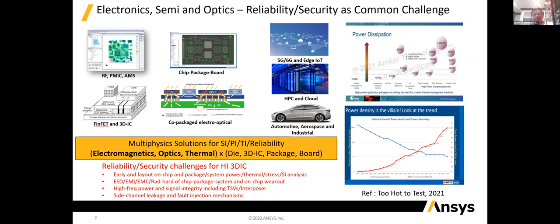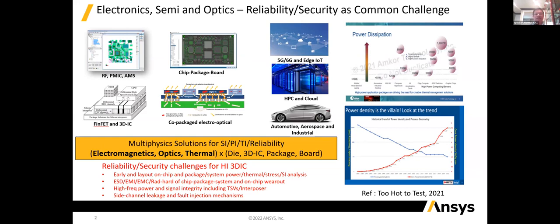For automotive applications, reliability is particularly important because automotive electronics have to work from -55 all the way to 155 degrees in certain cases under harsh conditions. So reliability, combined with 3 nanometer and 2 nanometer, the on-chip wear-out mechanisms, and the chip packaging system, the aging mechanism becomes a very important and very serious problem.